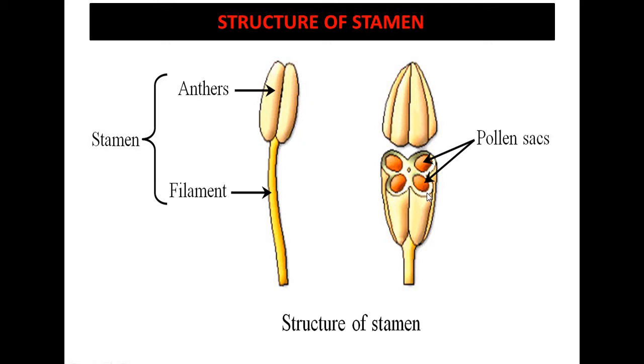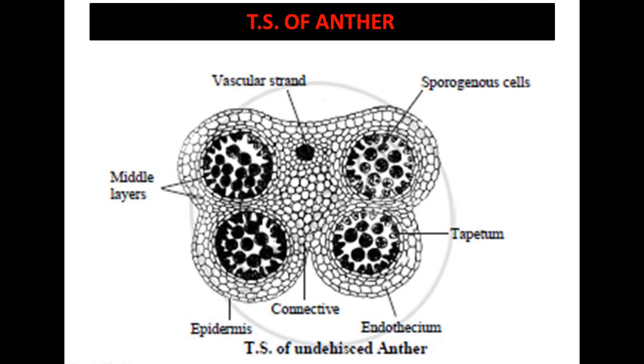Now if you zoom in on this structure, you will be able to see such cellular layers in the structure of the anther. So clearly you can see the bilobed structure. Inside that, at each corner of the tetragonal part, you can see the round, spherical structure, which is known as microsporangium.